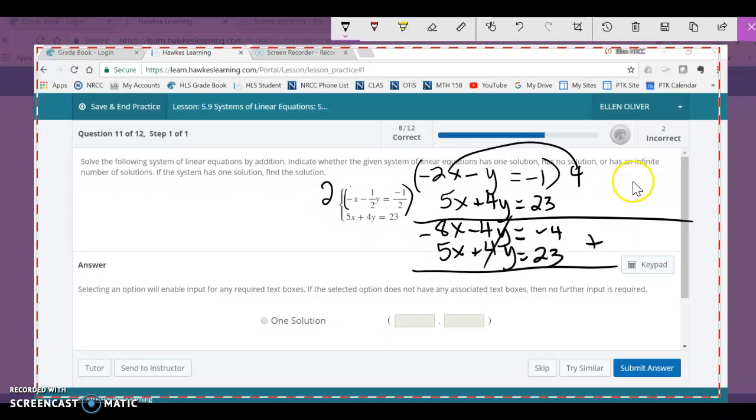So add, those are gone. Negative 8 and 5 is negative 3x equals, that was a negative 4. 23 minus 4 is 19. So I'm going to get a fraction of negative 19 over 3 for my x. That's a weird enough answer that I might take a second to look back and make sure I did this right. But it looks like I did, negative 3x. This is positive 23. Yep. So I'm going to go with that. And then I'm just going to plug that in back into either